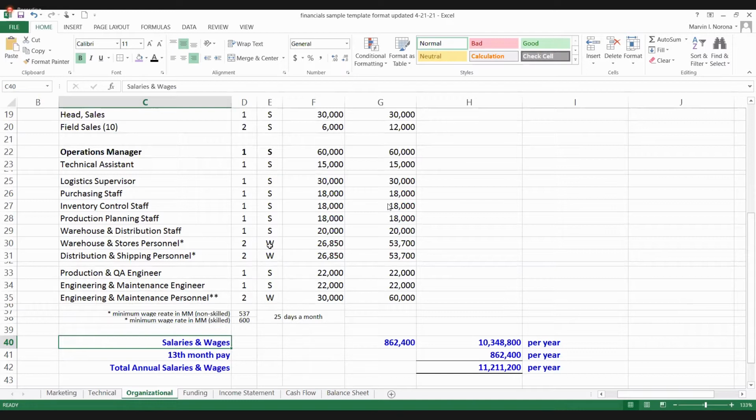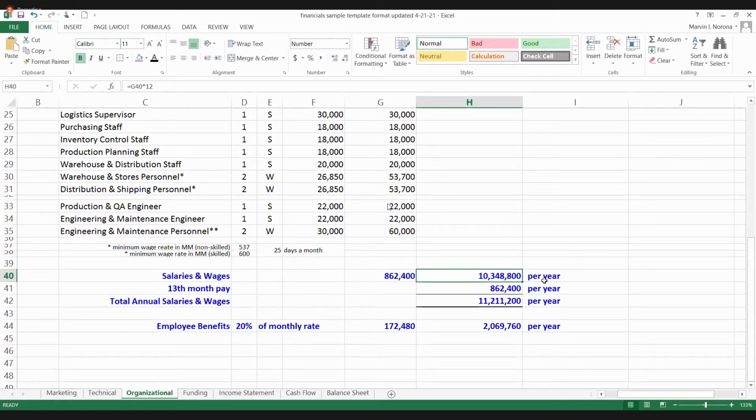Sa admin din kasi may mga wage or earners. Ito. Ibig sabihin ng wage earners, daily paid. So kung daily paid sila, ko-convert lang niyo sa 25 days a month yung daily salary rate nila. Minimum, ito ginawa ko ng minimum wage rate. Pag yung skilled, dinagdagan ko na lang, naging 600. So all you need to do is multiply it by 25. Para sa wage earners, multiply mo na lang kung ilan sila. So when you add them up, magiging salaries and wages. Okay, times 12.